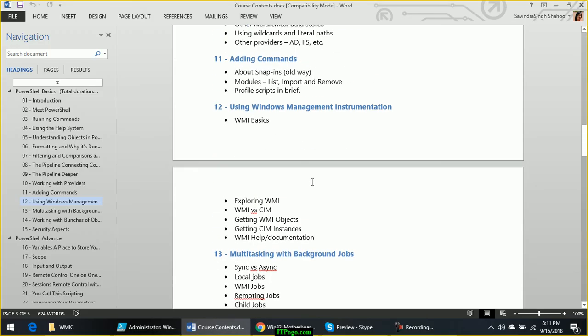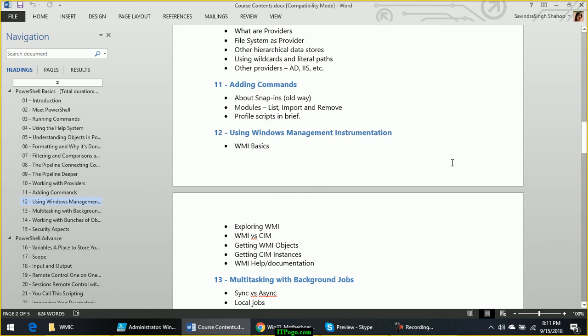Okay, so in this topic we have talked about the basics of WMI. We have talked about the architecture, how to explore WMI using PowerShell cmdlets, and the third-party tool which is available from Microsoft. You can download it from Google. Don't go to any other site. From Google, just follow the Microsoft link, search for WMI Code Creator download as keywords, and download it only from Microsoft. It is freely available.